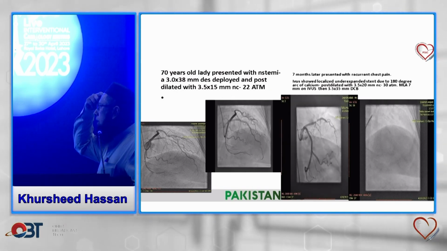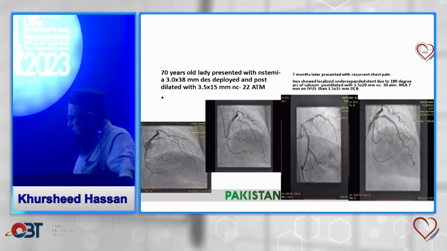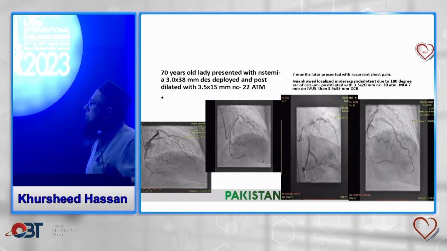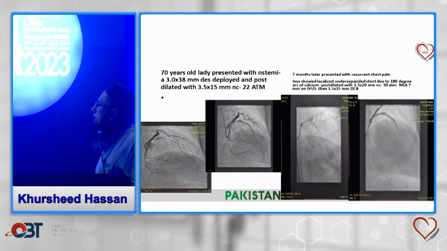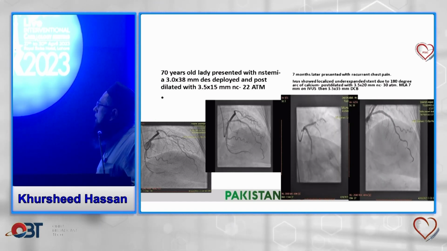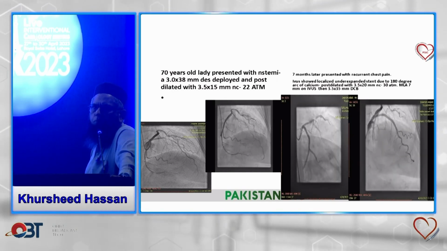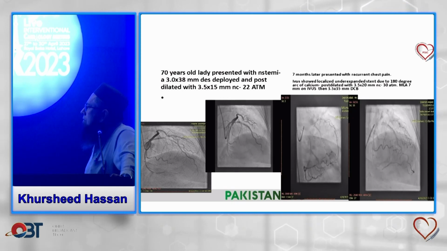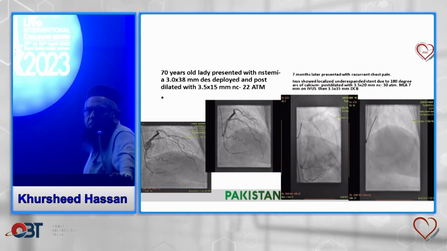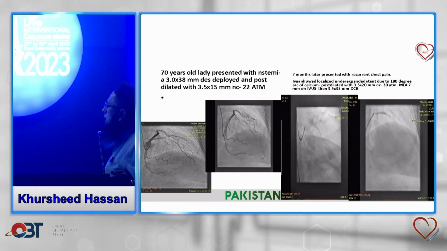This is a 70-year-old lady presented with non-STEMI. The first is just a frozen image showing severe stenosis, proximal LAD, and not very severely calcified. So a 3.0 by 38 stent, post-dilated at high pressures with 3.5, angiographically not a bad result actually. So she comes back after 7 months with recurrent chest pain, and now we have